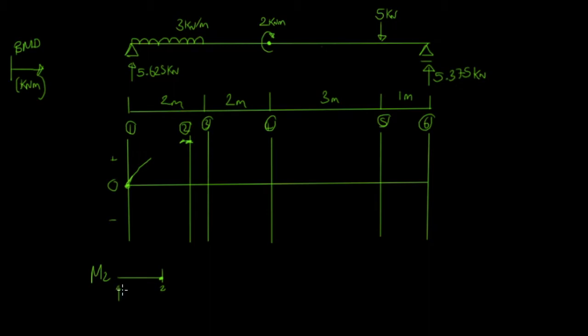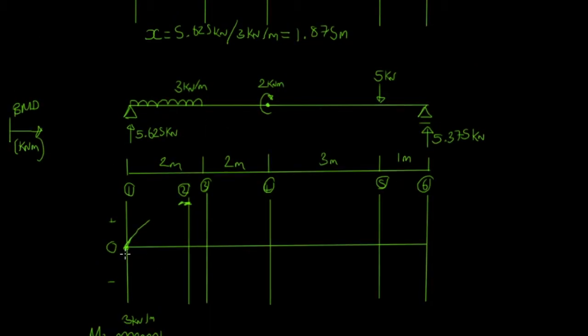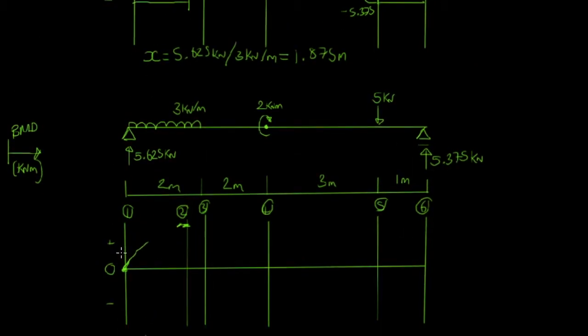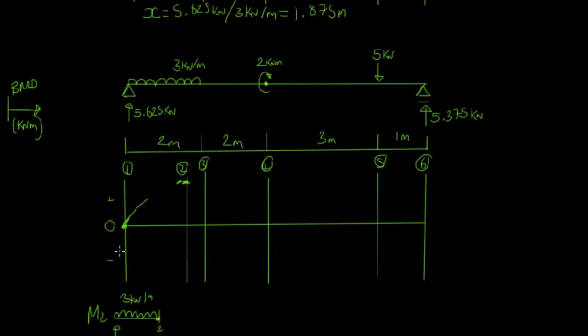We've got a point load of 5.625, and we also have our line load of 3 kilonewtons per meter. And this distance here is what we calculated from our x in the shear force diagram, and that is, I've actually forgotten what that was. X is 1.85 meters along,